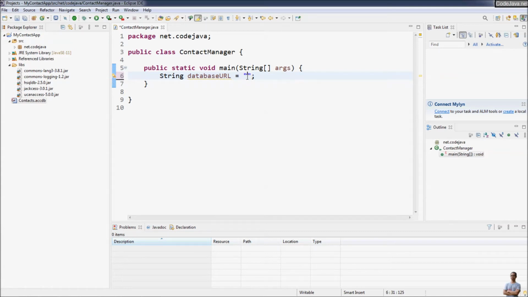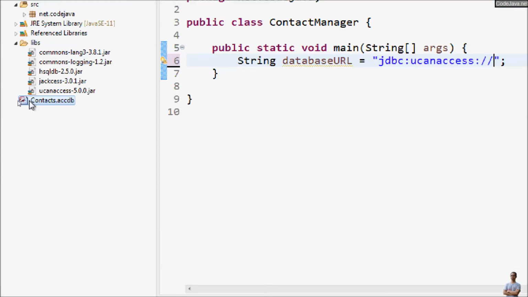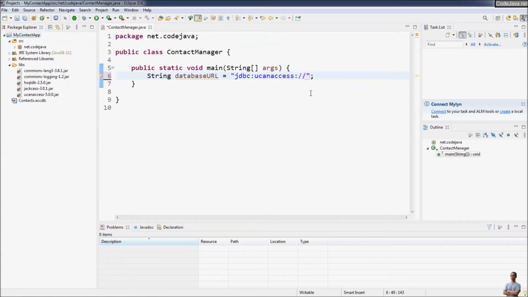For Microsoft Access using UCanAccess, we use this prefix, jdbc:ucanaccess:// double forward slashes, and then the path to the Microsoft Access database file. In case the database file is right inside the project directory, we can specify the name directly here, contacts.accdb,